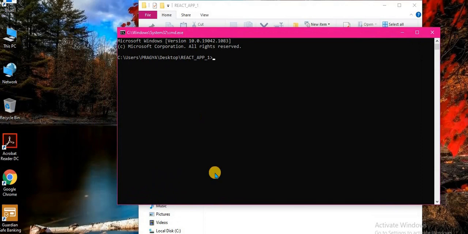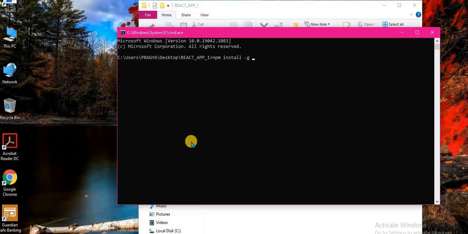So basically, for creating our first React app, we'll be using create-react-app. First of all, what you need to do is write this command: npm install -g create-react-app. Make sure before writing this command you already have npm and Node.js installed on your machine.